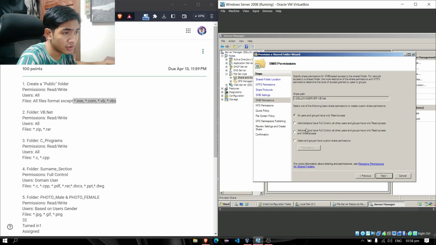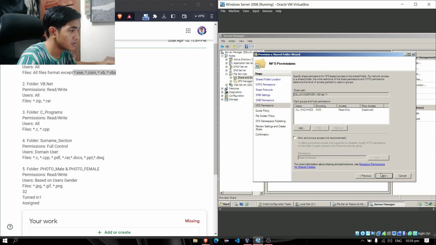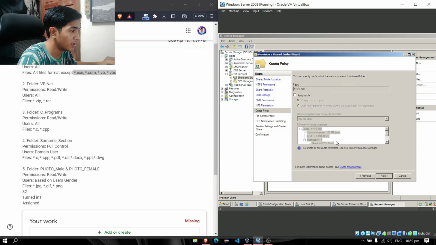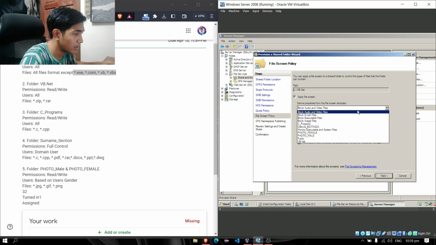So the requirement is the same as the public provision share, which is the administrators have full control to read and write access. Next, just click next once again, apply quota, 100 MB limit, apply file screen, locate the vb.net folder,